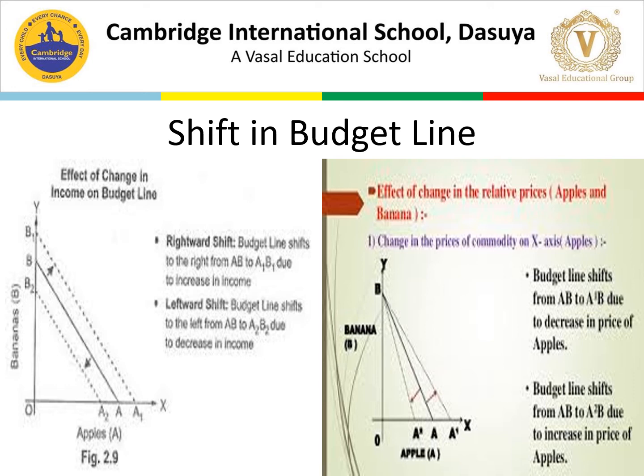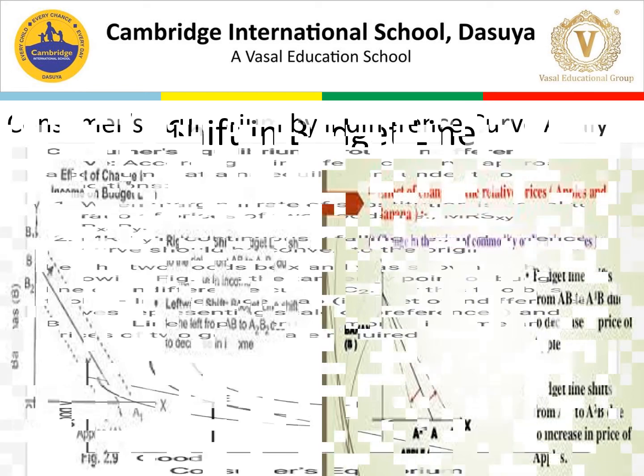Similar is the case when we are talking about bananas. In the case of bananas, we have to talk about the y-axis. On the y-axis, the same graph like A to A1 and A to A2 will be represented. So here we are going to represent it as B to B1 and B2, which we have to show on the y-axis. So this is an obvious one.